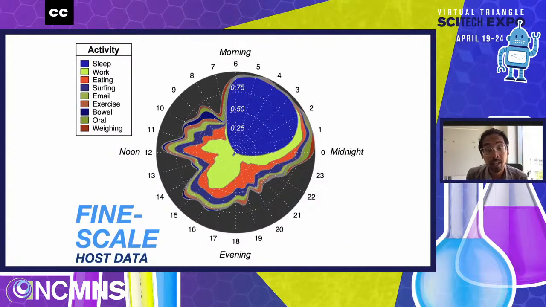Just to give you a sense of all the data that's collected in an experiment like that, I ended up with all these beautiful maps, I thought, of how even in a single day, our behaviors change. Starting out at midnight, you might be asleep, or you should be asleep. Over the course of the night, most of the time you're sleeping. Then around 8 or 9 in the morning, I would wake up, go to work, eat lunch around noon, and so on. So we were collecting all of this data about our lives to the finest possible scale we could.